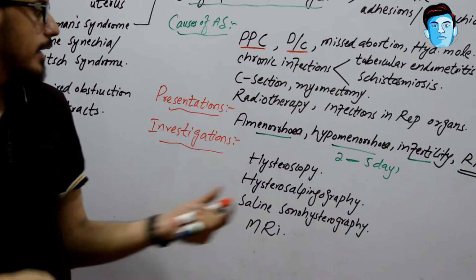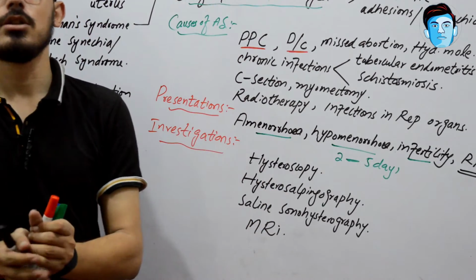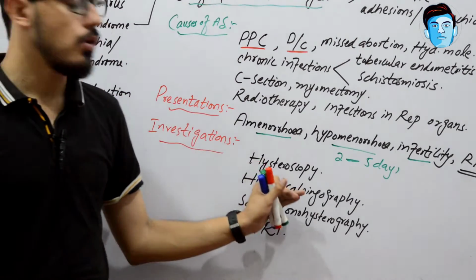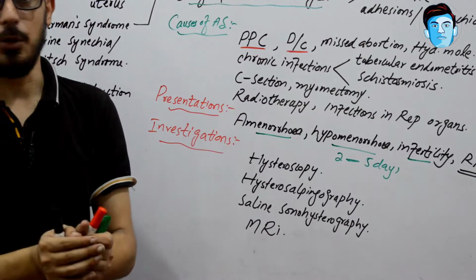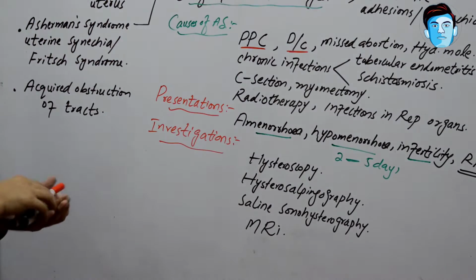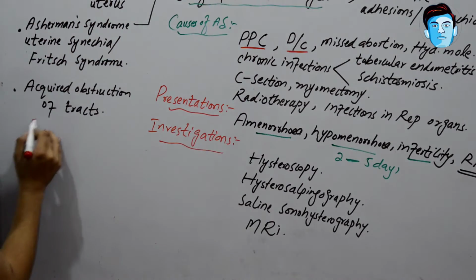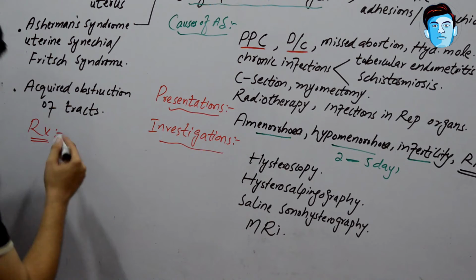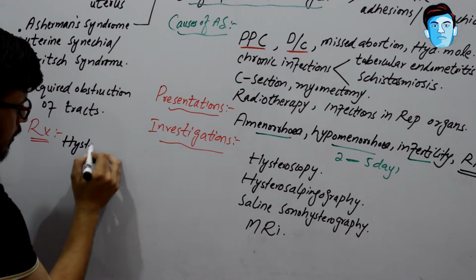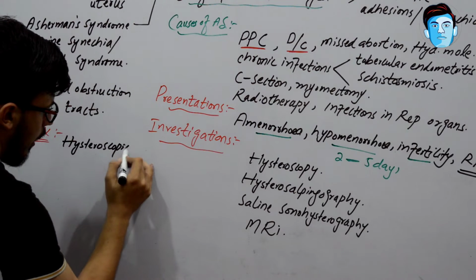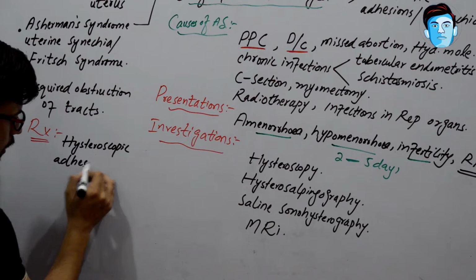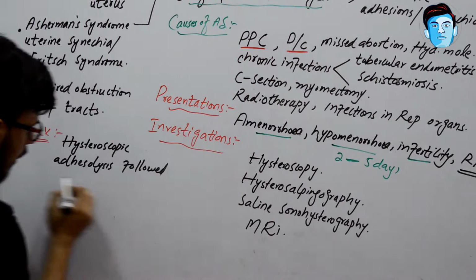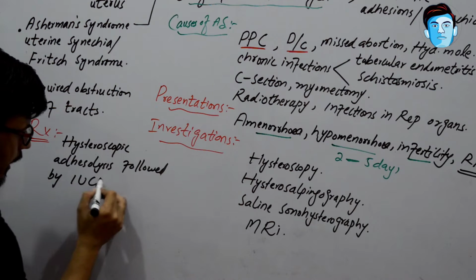But the important point is that hysterosalpingography is not the investigation of choice in Asherman syndrome. The reason is that it is only diagnostic and not therapeutic. So this is important. Now what are the treatment options for Asherman syndrome? The treatment option is hysteroscopic adhesiolysis followed by IUCD insertion